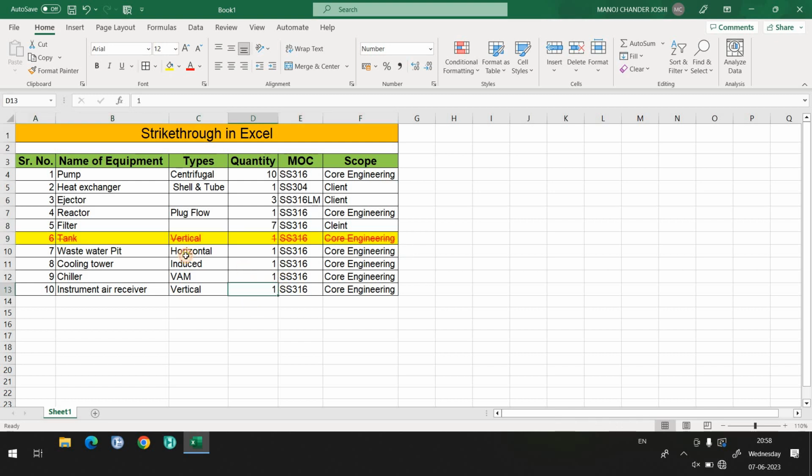So this is the significance of strike through. For example, let's suppose you want to show someone that this portion has been deleted. You could simply use the strike through option in Microsoft Excel when you are working with large data. And keep in mind, for example, after 2 months or 3 months, that Excel sheet could be opened, and you want to see what changed. I think this is the best option, to use strike through like that, right? I hope you understood the strike through option.